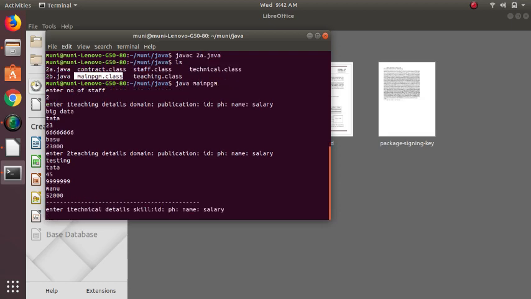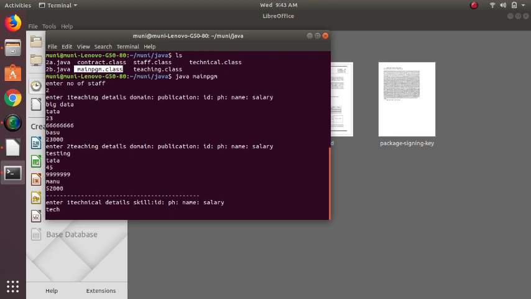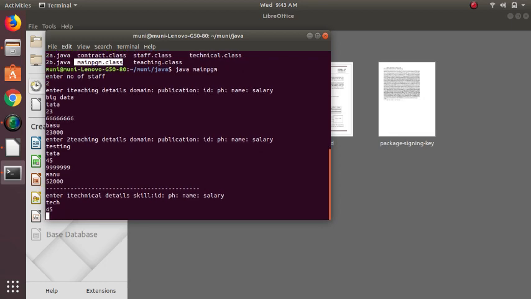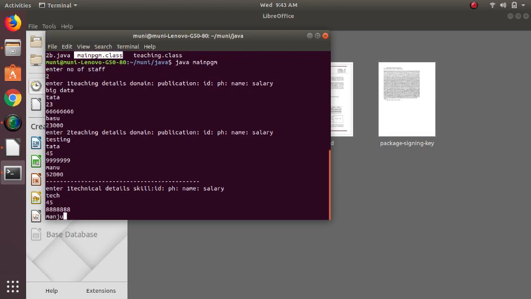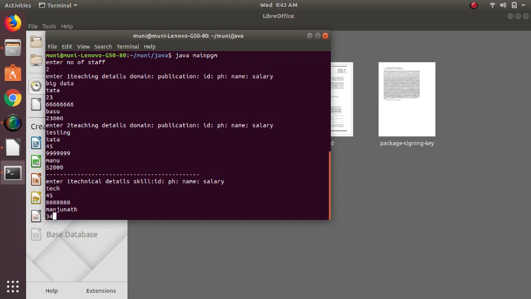So I need to enter technical details. ID. So I use ID some 45. Skill, I should use first skill, technician. Then ID 45. Phone number, I guess some random number here. Name. Salary.